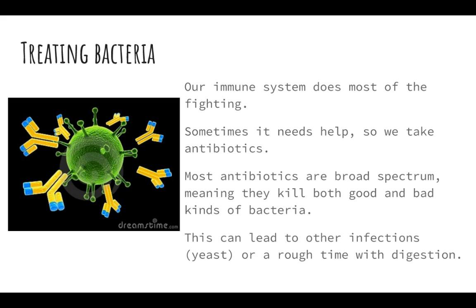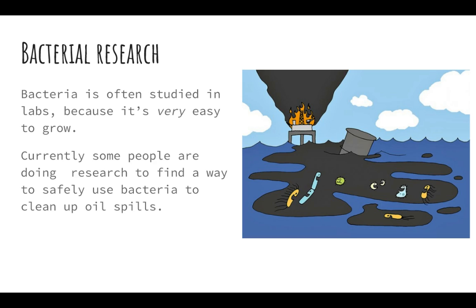The problem with bacteria, and we talked about this in evolution a bit, is that it mutates very easily and it reproduces very quickly. So if we take an antibiotic that kills a specific type of bacteria, then maybe that type of bacteria will evolve and the antibiotic won't hurt it. And then we'll still have that bacterial infection, but the antibiotic we're taking won't help fight it off. So that's why we usually take a broad-spectrum antibiotic. It kind of kills all of it.